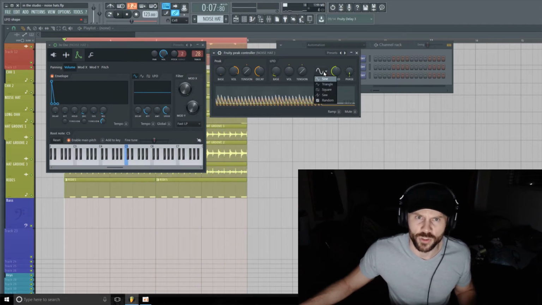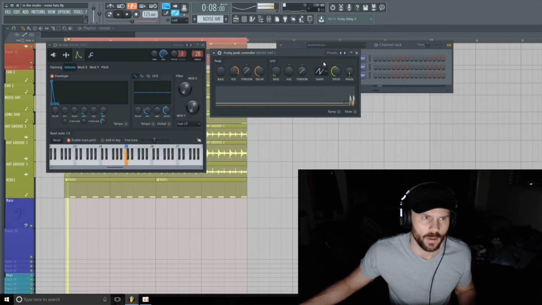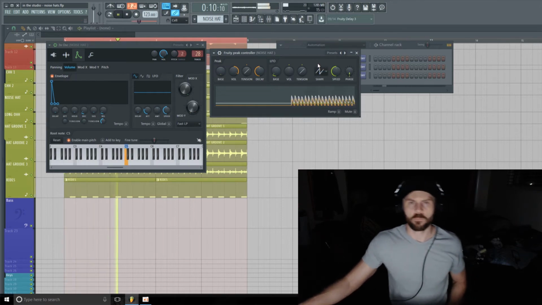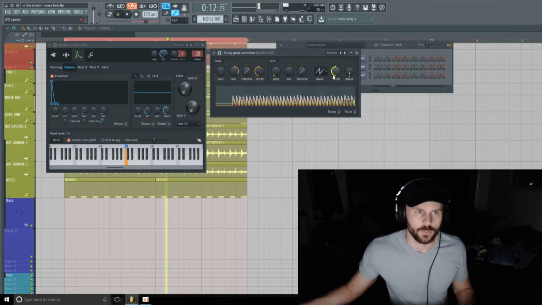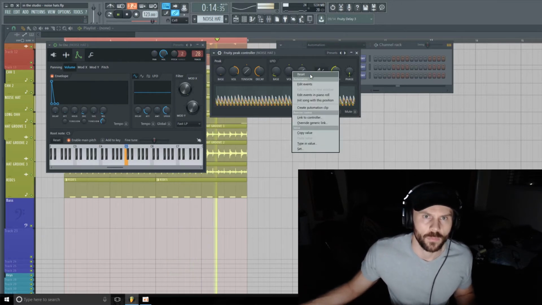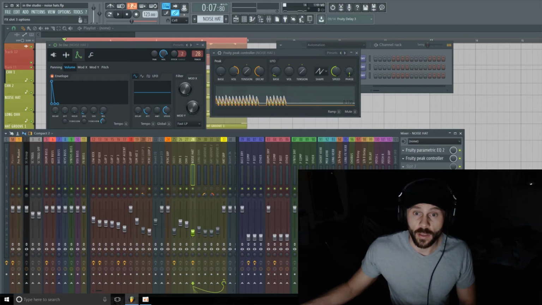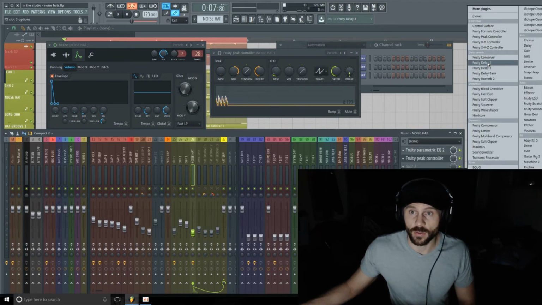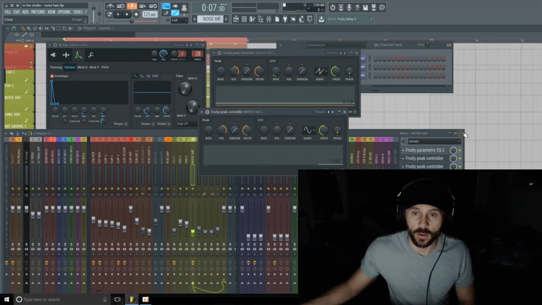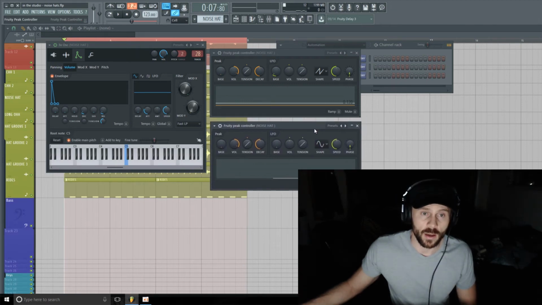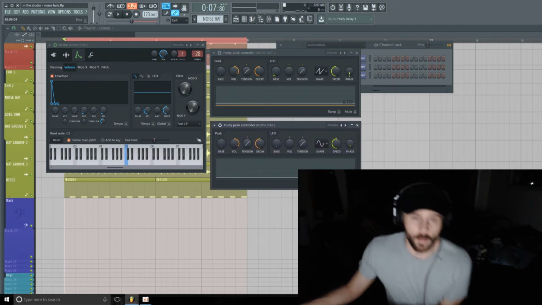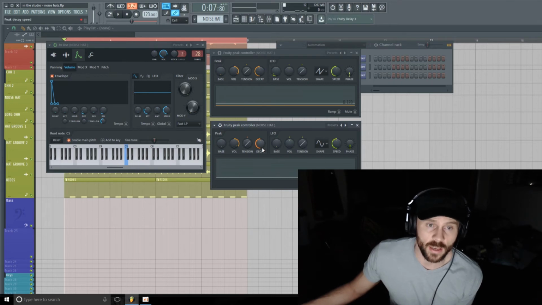Maybe right there, and we'll change the shape. Probably, I'm going to change it to a triangle, or excuse me, a saw. Okay, now we're going to use another LFO on the same channel. So we'll use another peak controller, and I'm going to pretty much use this second LFO as an on-off switch